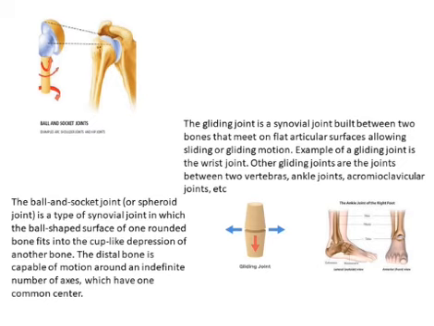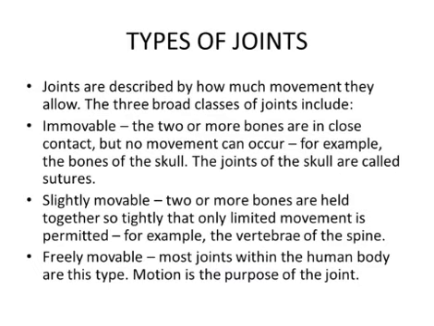Now comes the gliding joint. Just remember, an example would be the ankle joint. Mainly in our body it is the ankle joint and the wrist joint. Why? Because the bones glide over each other. They meet on flat articular surfaces, allowing a sliding or gliding motion. Here the bones glide over each other, and there is a gliding movement between the two bones. That's why it is known as gliding. Now, types of joints, as I've already mentioned earlier, what you should remember, these were the movable joints.